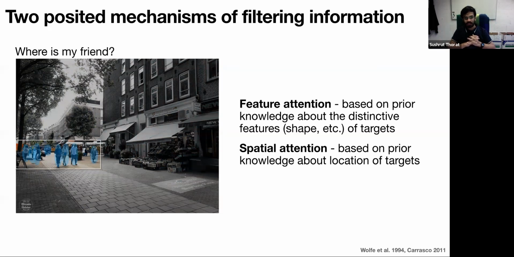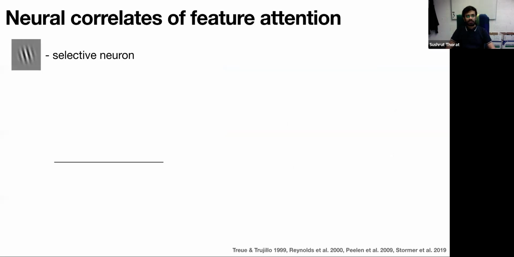Now here we are interested in feature attention. And we would like to know how that works in the brain. So feature attention has been studied in the brain for a long time. So we kind of know how it works. It's mostly in terms of correlates. So I'll tell you what kind of signatures we see, which we attribute to something that is led by feature-based